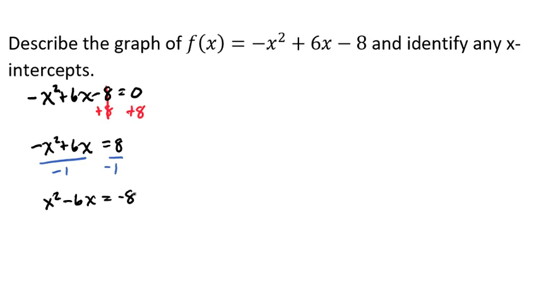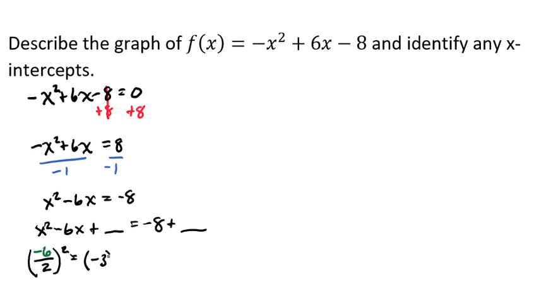And then we're going to set this up to stage it for completing the square. So we're going to have x squared minus 6x plus, leave a space, equals negative 8 plus, leave a space. Then from here, we're going to take our b value, which is negative 6. Then we're going to divide it by 2 and square it. So that's going to give us negative 3 squared, which is a 9. That 9 is going to go into our plus leave a spaces. So plus 9,